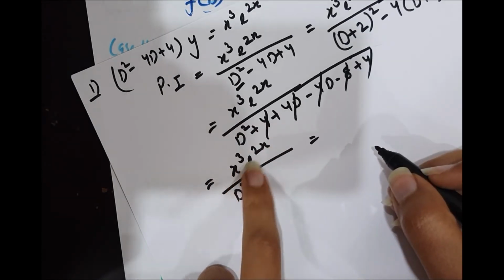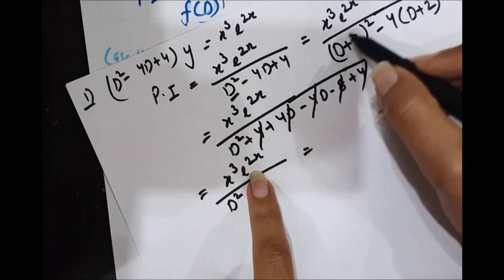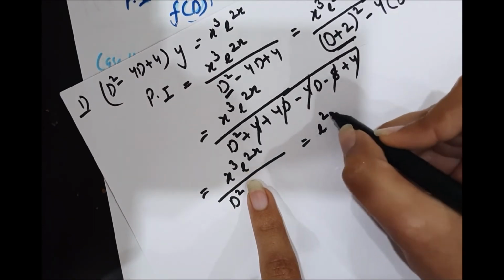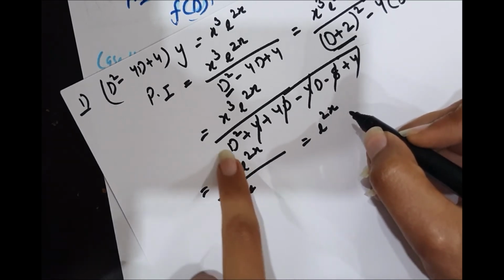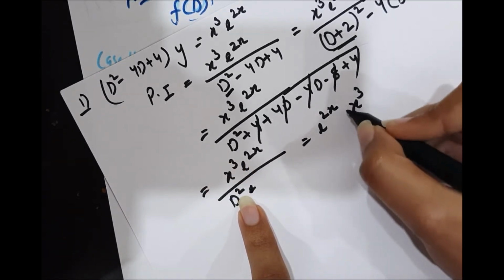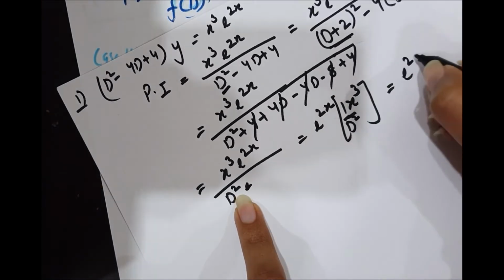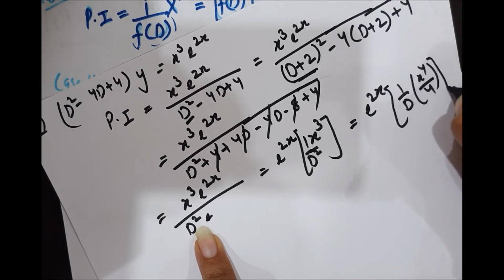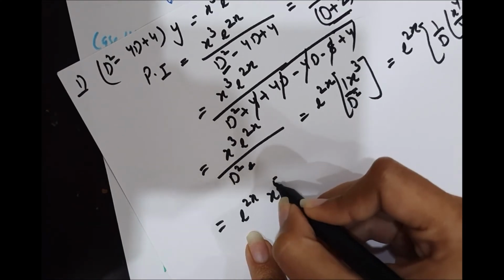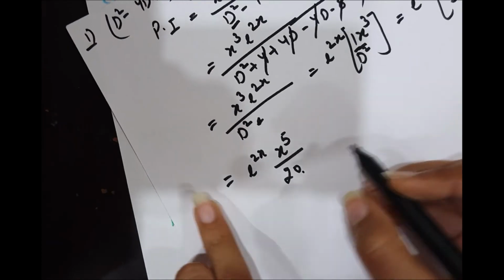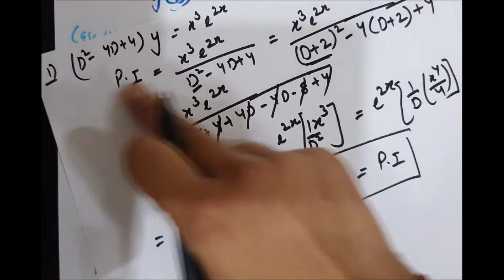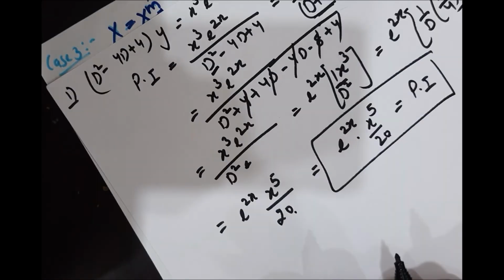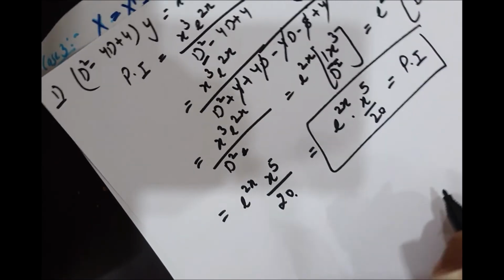Now integrate this part. Don't integrate this part, because of this exponential we did this D plus a. Now this exponential will remain as it is. Now integrate this part, that is x cube, 1 upon D square. It will be 1 upon D of x. First time integration, second time integration. The particular solution of this differential equation comes out to be this. I know these things are a little tricky, but you just need to practice it for complete understanding.